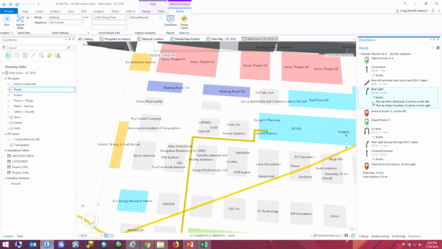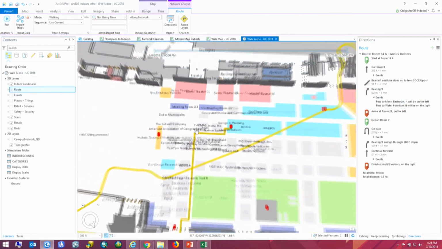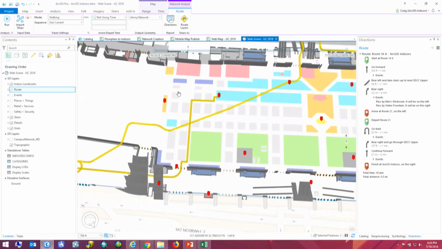And so what we do for indoors is we use a curated subset of our indoor POIs and use those for landmarks. And these are things that as you're walking around the convention center, you recognize just by looking at them. So you do things like restrooms, water fountains, the indoors island at the EXO, obviously, we have to call that out. But these are things that will help you along your path to get where you're going.